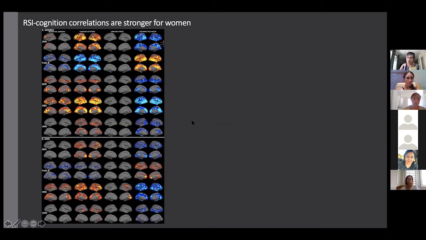These participants of the Rancho Bernardo study had also undergone a range of cognitive tests. And so we performed correlations between our RSI measures and performance on these cognitive tests. Here, we're showing correlations for women on the top panel, men on the bottom panel. Each row is showing a different cognitive measure, and I won't walk you through all the details for the sake